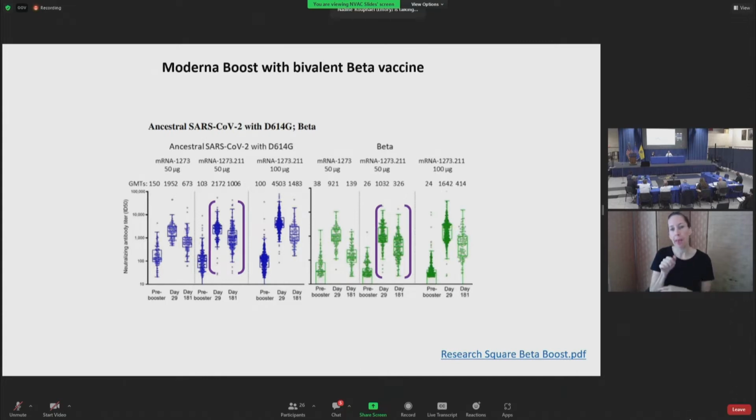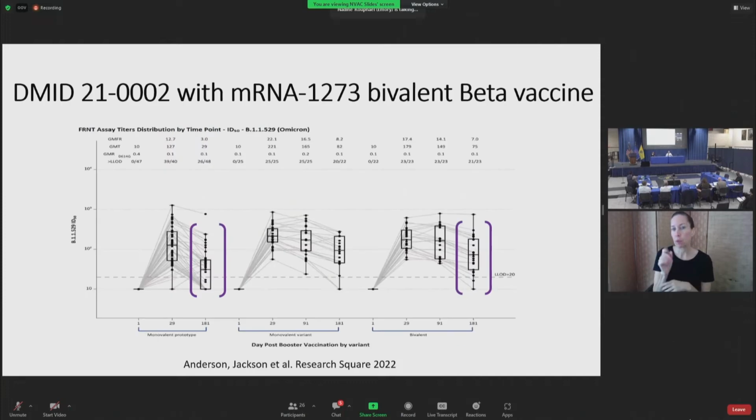This is a preprint from Moderna: the beta bivalent vaccine with a more durable antibody response that was noted against both ancestral and beta strains 6 months after the boost. Next slide. This is data from the MID 21002 study. So if you want to zoom in on the bivalent prototype and beta, again, with a bit more durable response 6 months later against Omicron BA.1 than the prototype vaccine. So we're eagerly awaiting within COVAIL the data on later time points to better understand a key component, which is